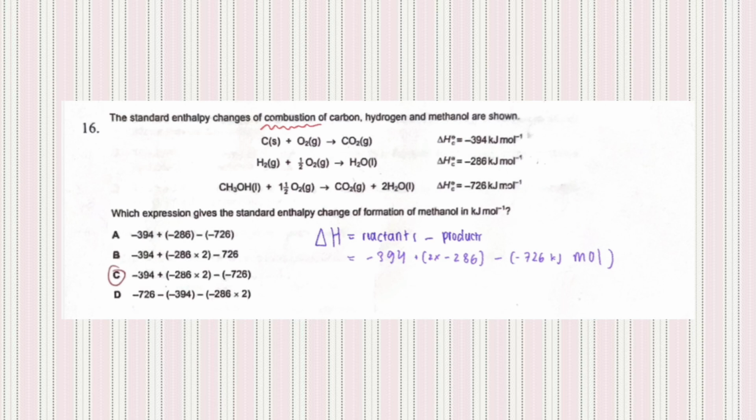Enthalpy changes of combustion of carbon, hydrogen, and methanol are shown. Which expression gives the standard enthalpy change of formation of methanol in kilojoule per mole? So the formula using enthalpy change of combustion is reactants minus products. So we need to put the enthalpy change in the right